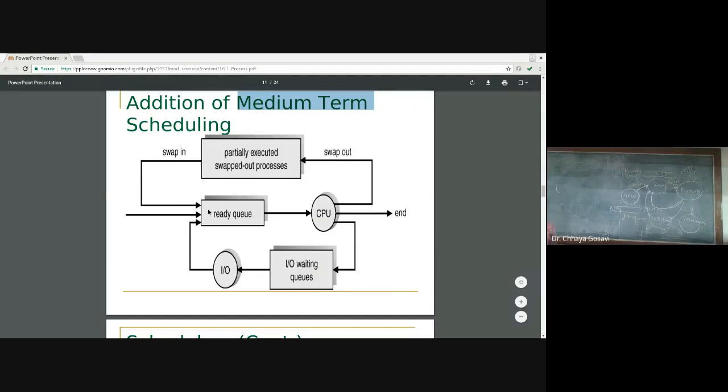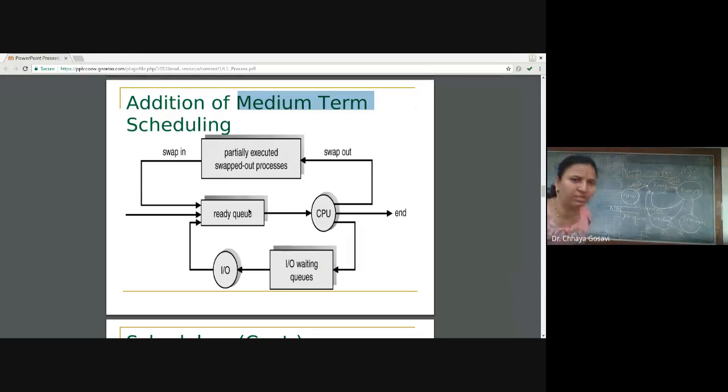So the process is in the ready queue. Now, this is just a modification to the process state diagram. We have the ready queue, now shown in terms of queues, while the earlier diagram is in terms of process states. So this is the ready queue. A process is scheduled to the CPU by whom, short term or long term? Short term scheduler. And from job queue to ready queue is by the long term scheduler.